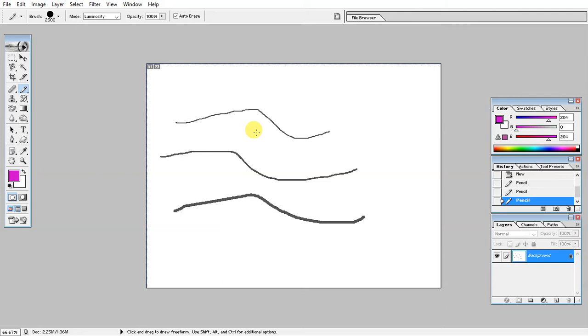That means this is the maximum size of your brush. And if you want to minimize the brush size, then you have to press open square bracket. Understand?